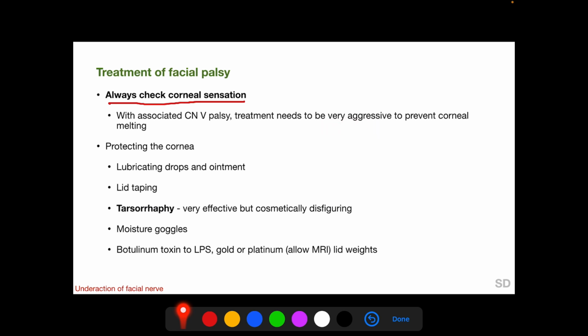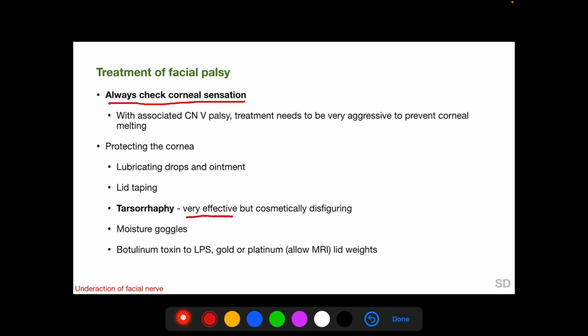And whether we have an isolated facial nerve palsy or one combined with cranial nerve 5 palsy, the cornea must be protected with lubricating drops and ointment, lid taping or tarsorrhaphy. Tarsorrhaphy is very effective